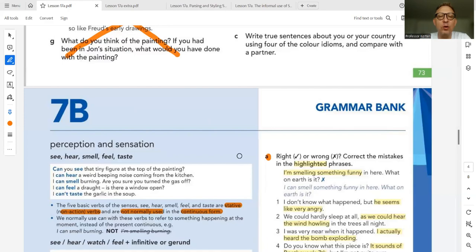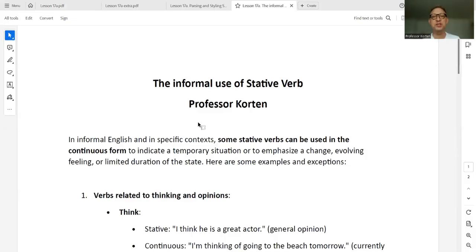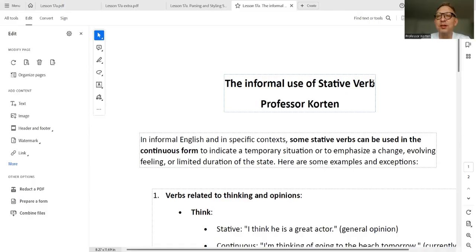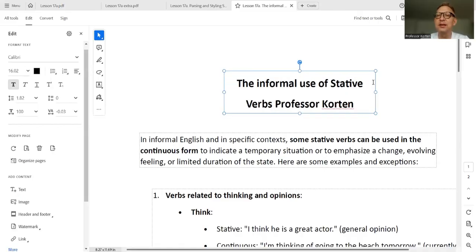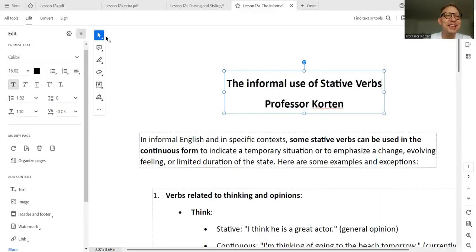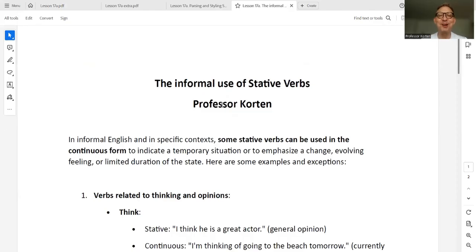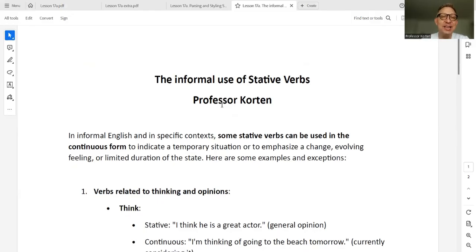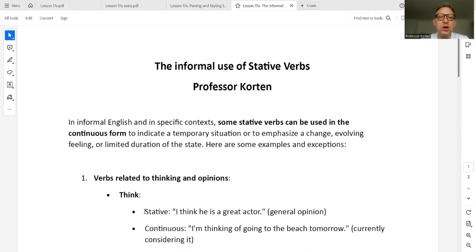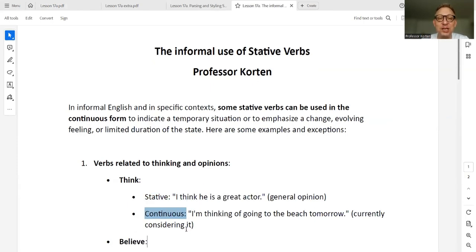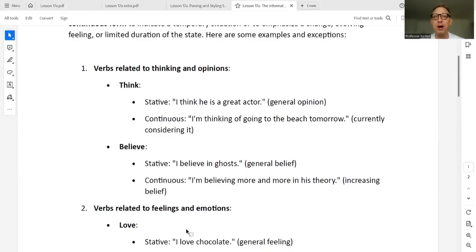All right. Now, my final moment here is the informal use of stative verbs. And again, I should put the S at the end. Oh, let's make that a bit bigger. There we go. Sorry for the online editing, but I want to get this right. All right, so some stative verbs can be used. What I've done is picked out the most common examples, with the regular rule followed by the informal usage that is very common in my world.